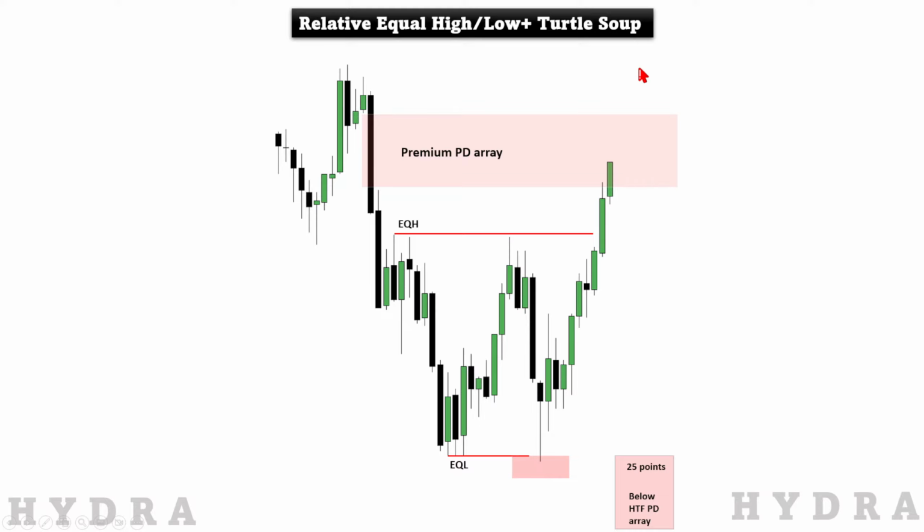So this is the whole model with relative equal high and low, which is similar to our first model, right? And even with our day 2 model, the day 2 turtle soup model is basically a consolidation. Here what I'm showing you guys is that price is trending, but it is also giving us opportunity to take turtle soup entries. So do you guys understand the concept here? Let me know in the chat, and then we will move towards our next lecture,